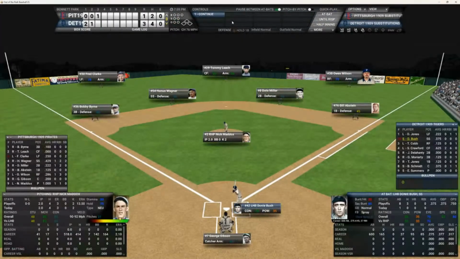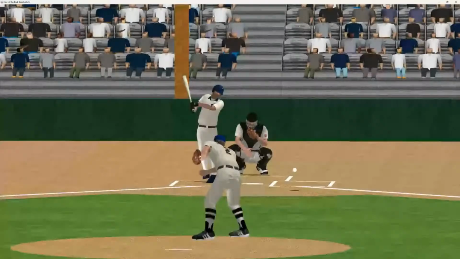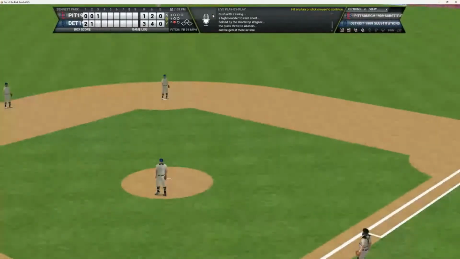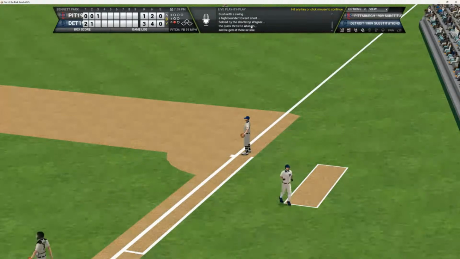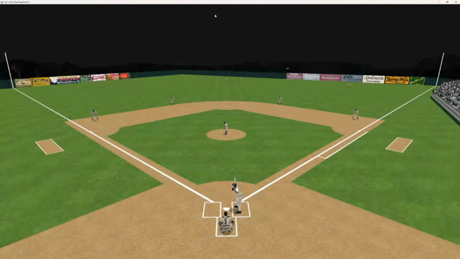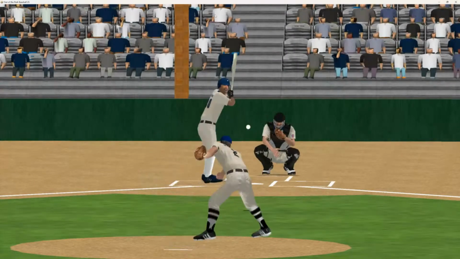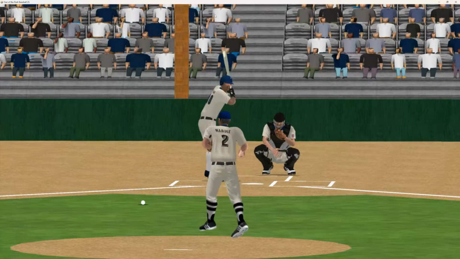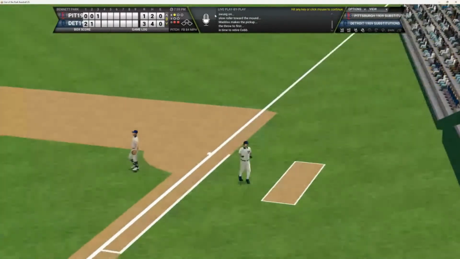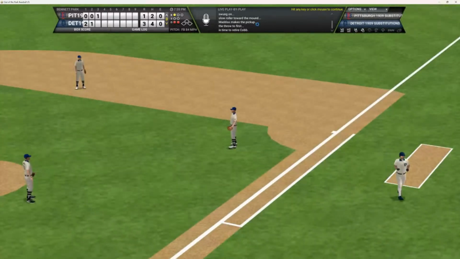Detroit leading by two. They'll have to give the team a chance to come back some more. Here's the first pitch to him. Ground ball down to Honus Wagner. Over to first for out number one. And that'll bring up Ty Cobb. Cobb 0 for 1 today. Here's the 1-0 pitch to Ty. And that ball is a slow roller back to the mound. Over to first, and that's out number two. Two up and two down.